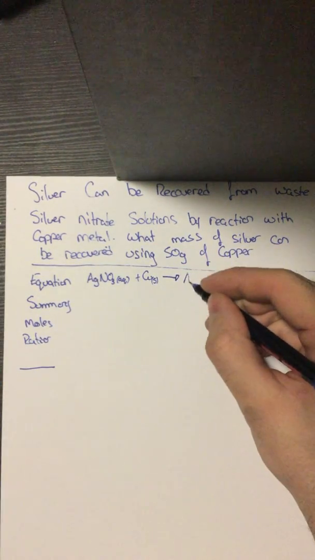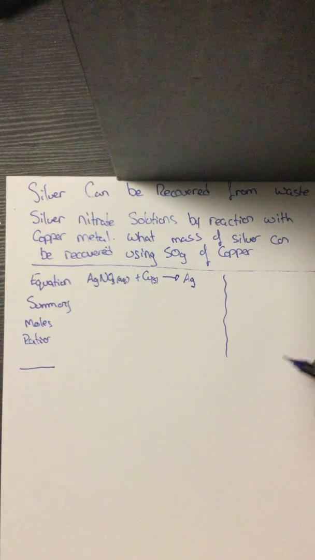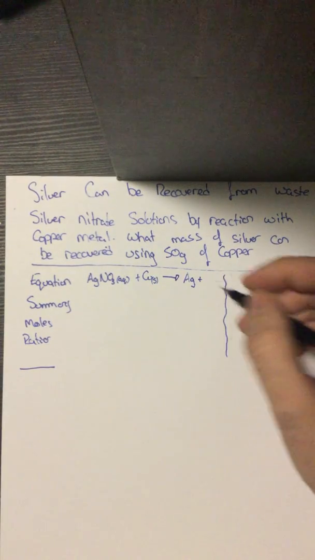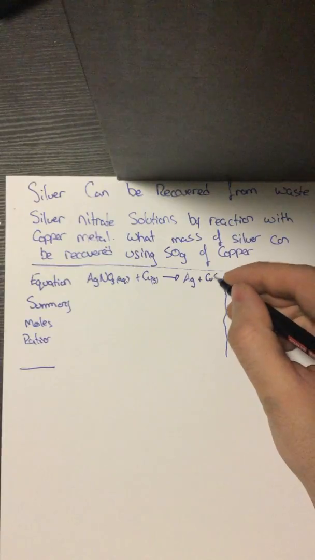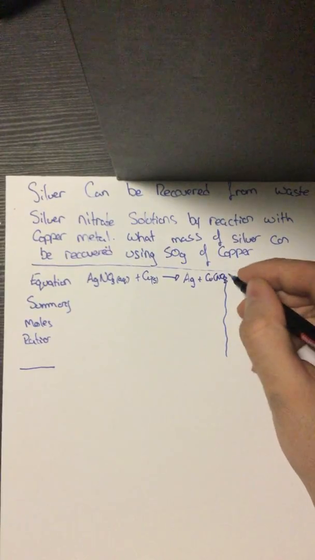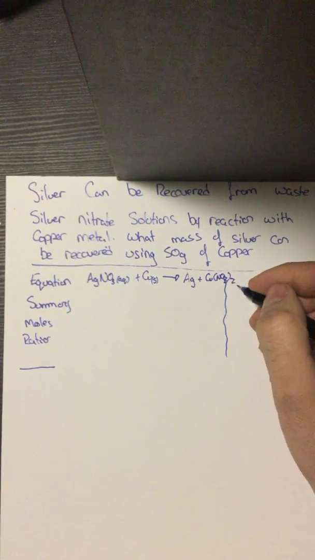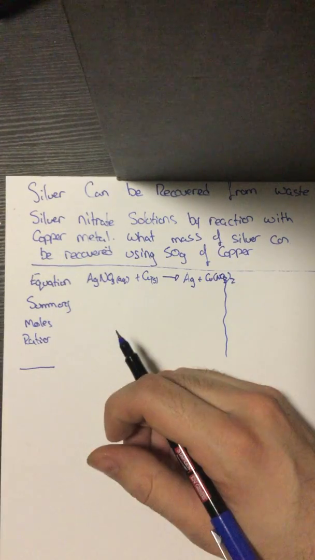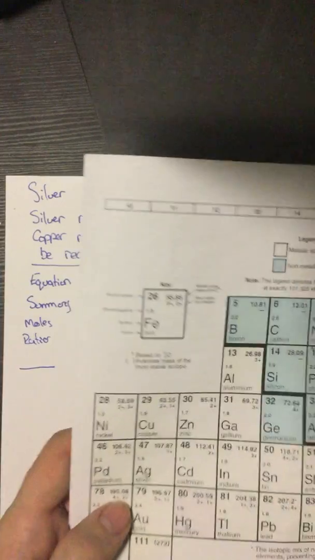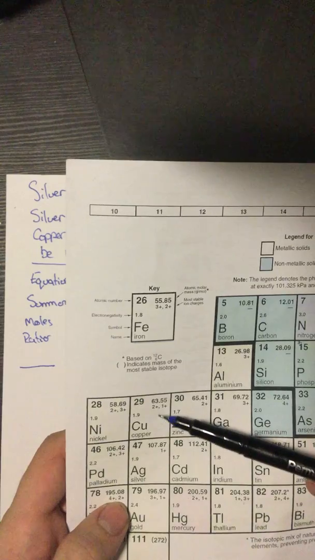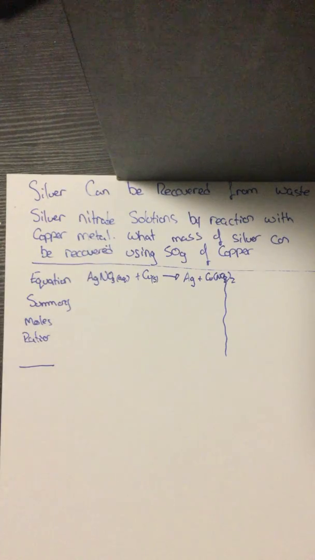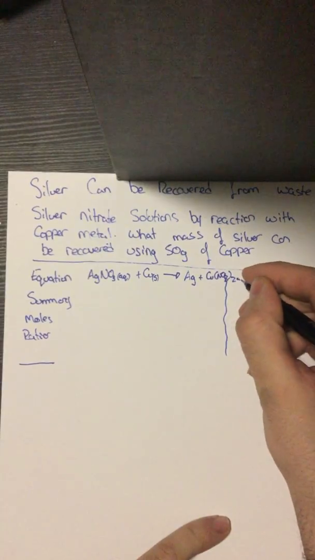So I know that I'm going to need pure silver out of this, and whatever is going to be left over from my single replacement is going to be CuNO3, and I'm going to put 2 because when I look at my periodic table, that is my common ion. So I'm going to make sure that I include the 2 there, and that is going to be an aqueous